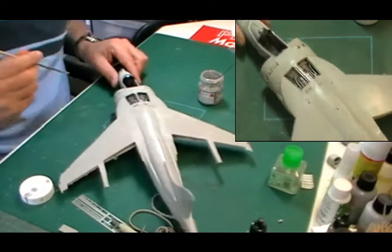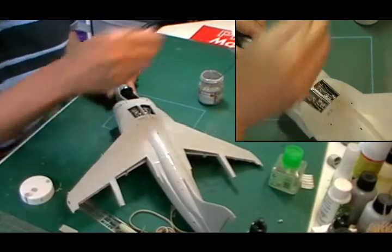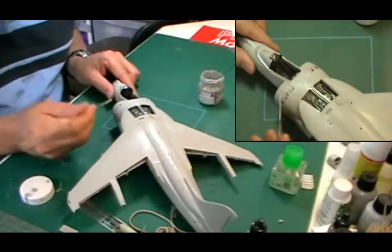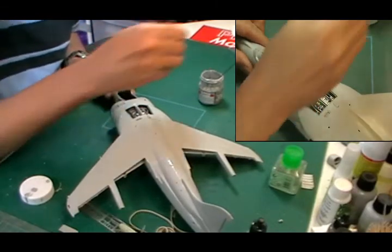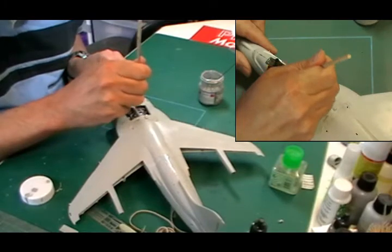So what we're going to do, on these, where we went around these fan areas, obviously we've sanded them off quite roughly, but now we want to go round and make sure we're all happy that they're laying nicely. So we're just going to pop around these areas and make sure they're all okay. I'm just going to carry on with this a minute,